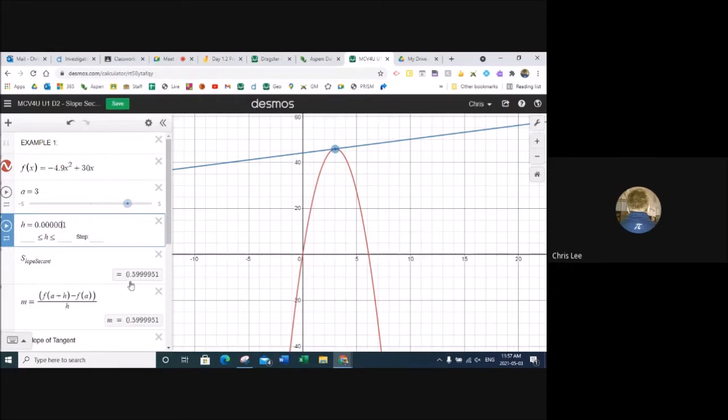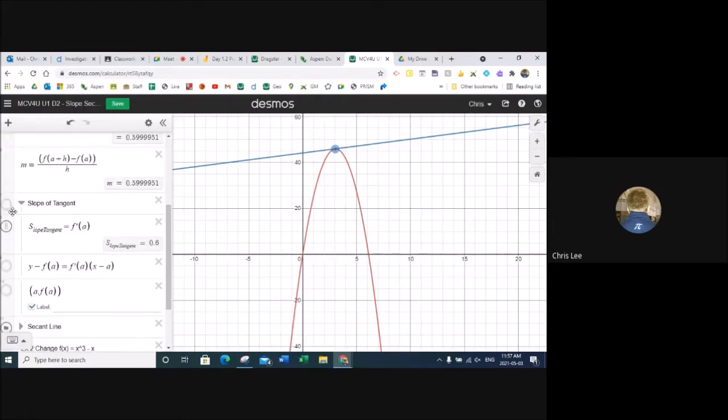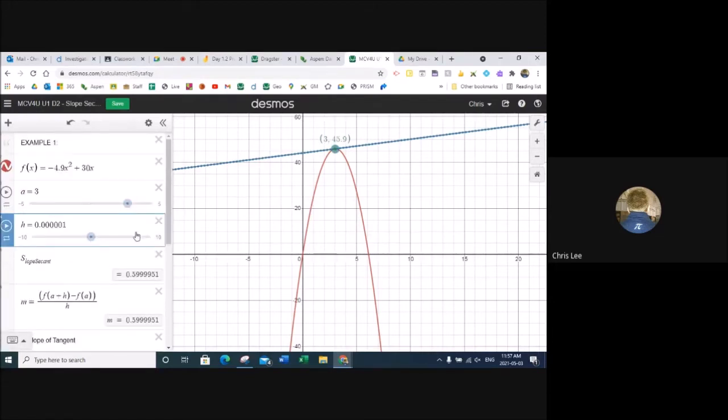So I'm going to guess that the slope of the tangent here is 0.6. It's still positive, but it's pretty close. So let's check. Yep, the slope of the tangent is 0.6. Okay, so the numbers are getting closer and closer to it. And then